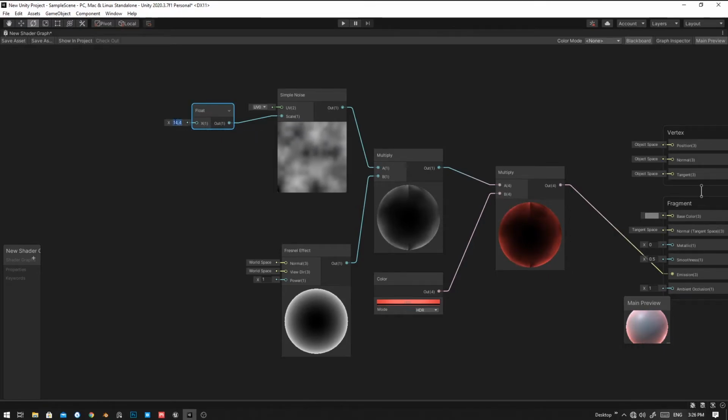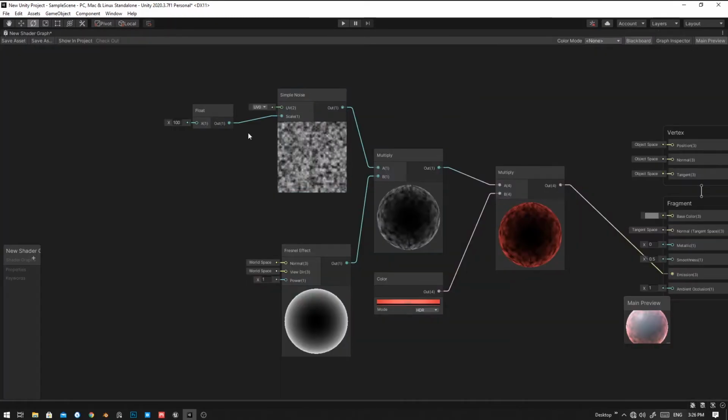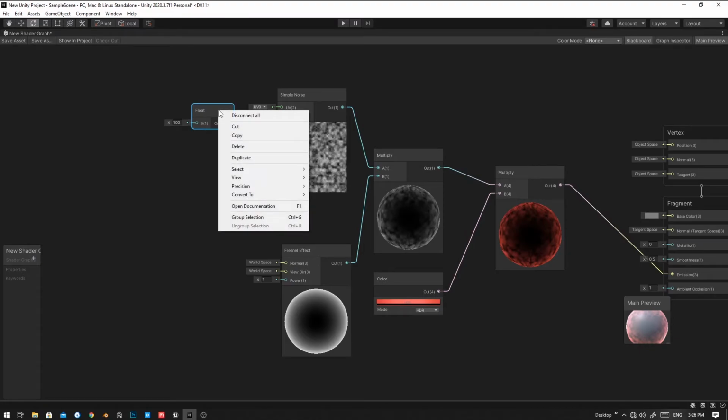So I'm going to set it to 100, so we can control it over here, so that we can change the color and then the noise from this inspector bar. So go back to this, and then we are going to create it as a property, so that we can control from the